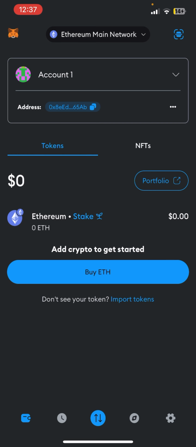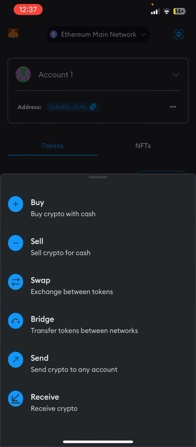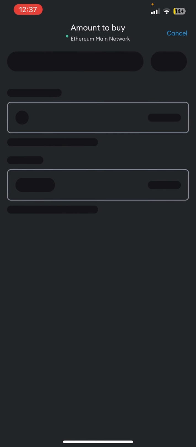And right after that, once you open it, you will be able to see the interface or dashboard of the Metamask wallet app on the screen, where you can see the exchange icon at the bottom of the screen. So simply tap on that exchange icon, and now you can see the buy option at the top of this section. Simply tap on that buy option, and now you'll be redirected to the amount to buy section, where